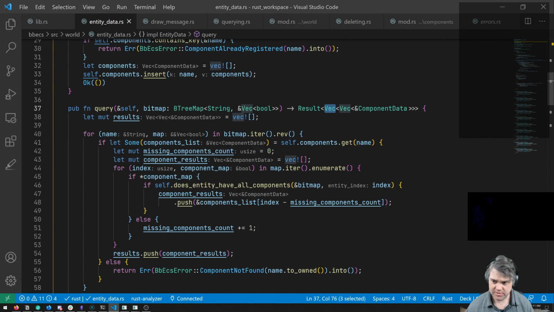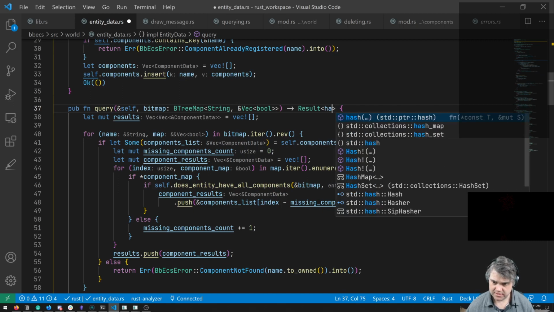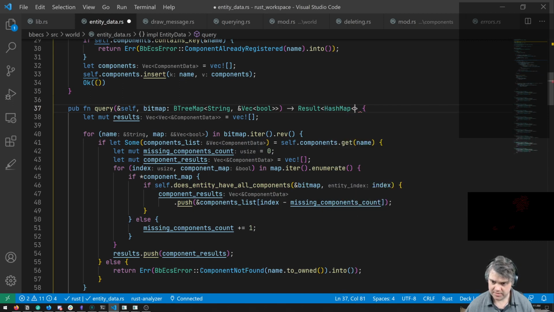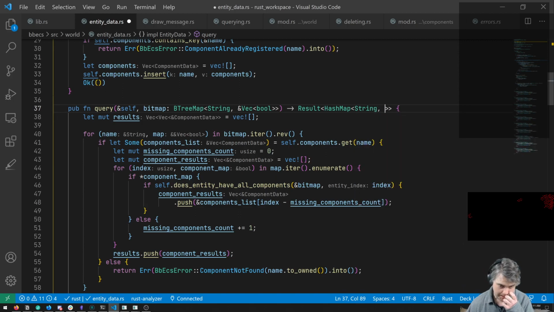So I want this to be a result hash map with string, and I don't think it's a good idea to do something like that, right?